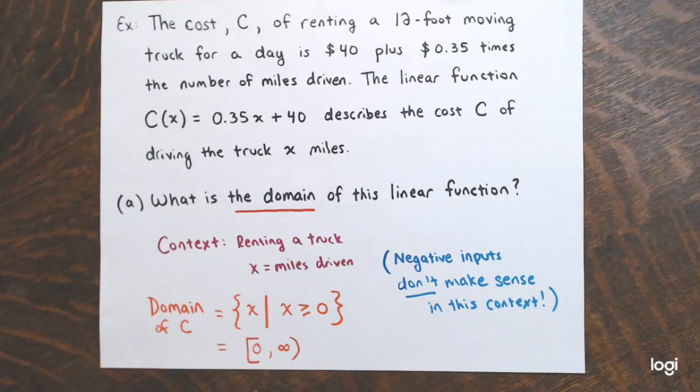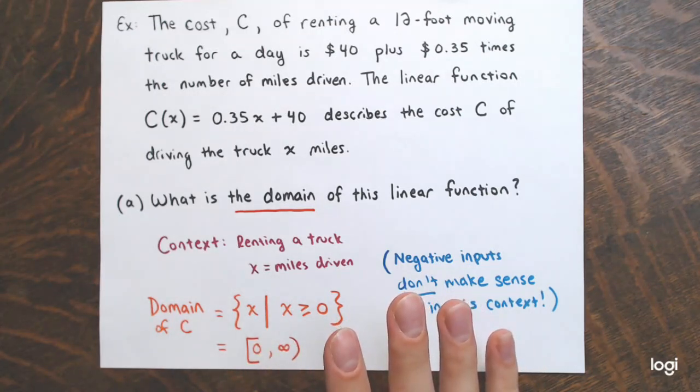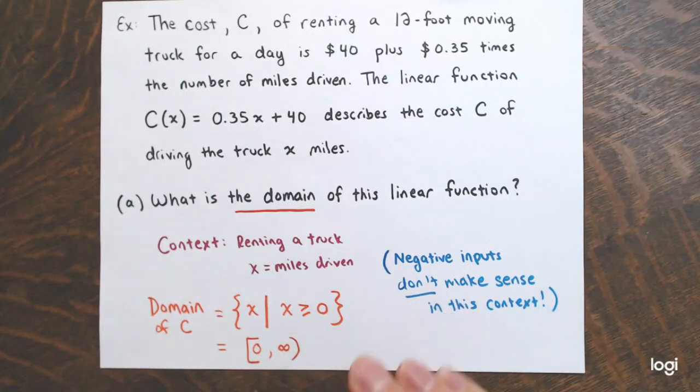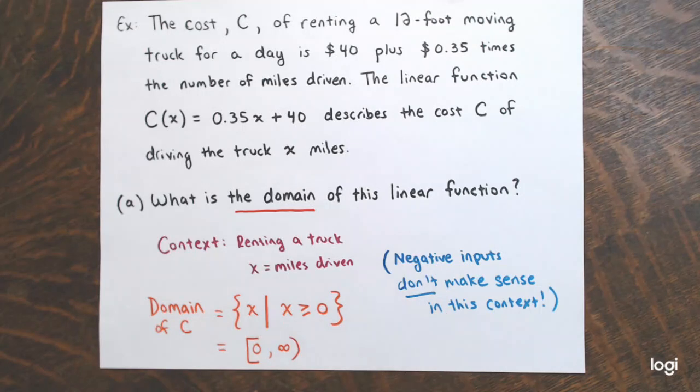Great. Okay, so again, based on the context of the problem, I would say that we're only going to be plugging in non-negative mileages, right? Non-negative values of x. Wonderful. All right. So then part B